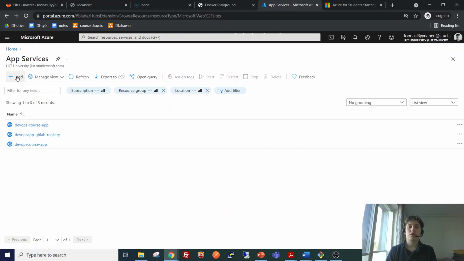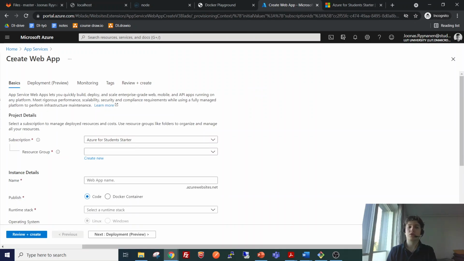And this web app service is the one that we will be using the most. It is a way to, like it says here, run web applications very effectively straight from this platform.